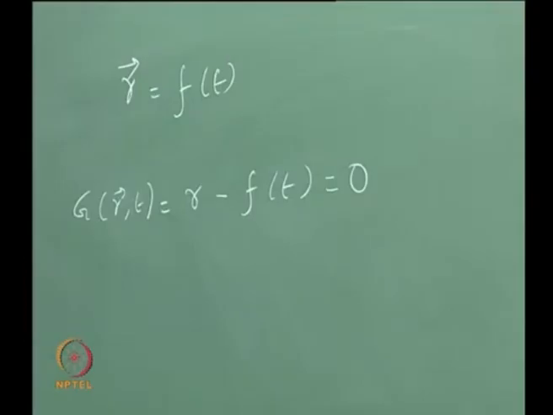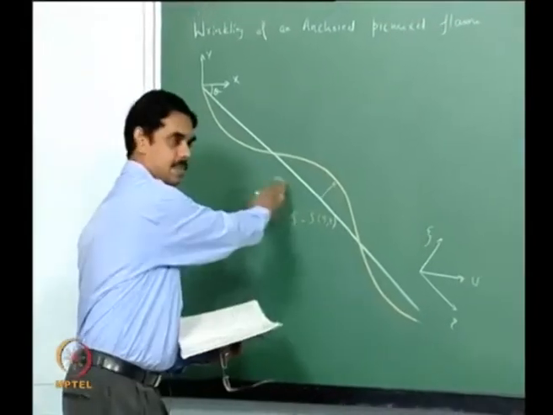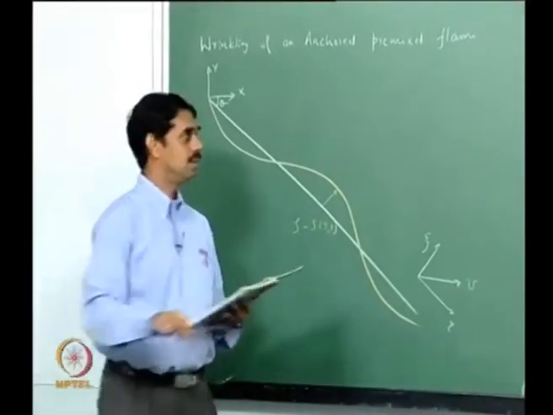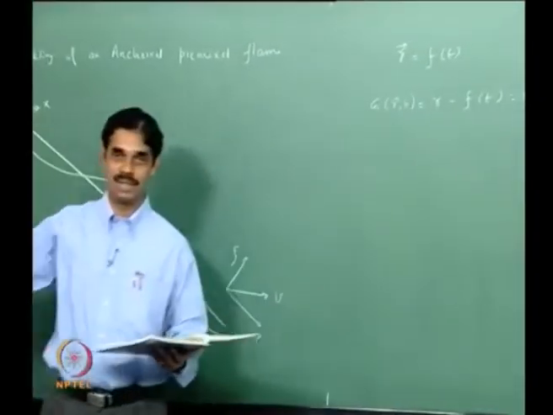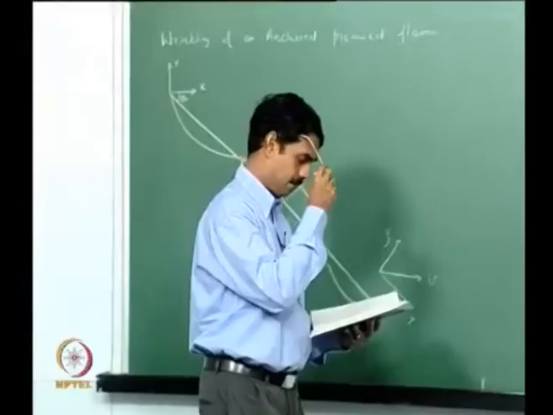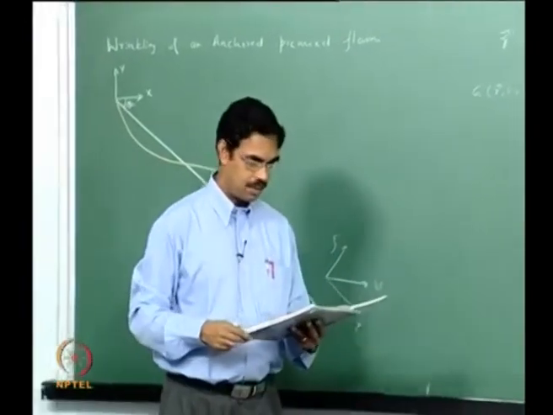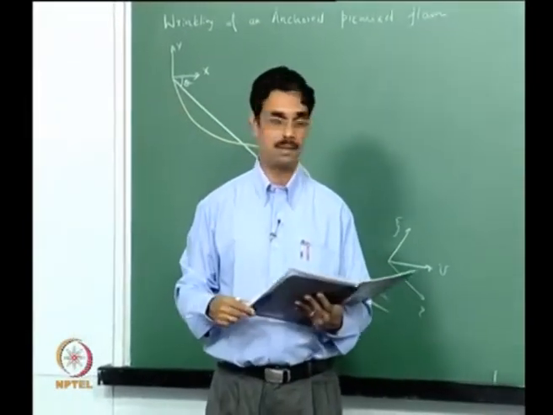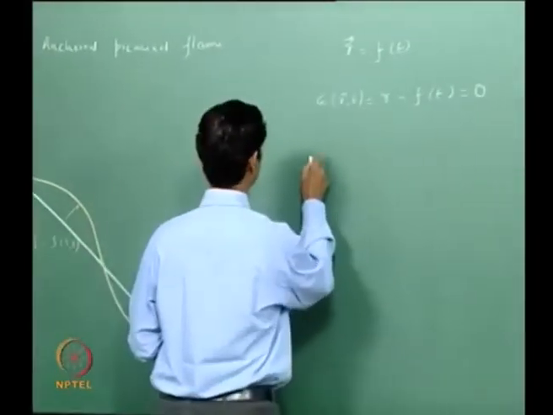F of t, r is any arbitrary, I mean not arbitrary, I mean flame location. I just gave r in general three dimensional, now I will write specifically for this. You can write this for any complicated flame, now specifically for this I will write. So a point on the surface will move with a velocity given by, so let me write,